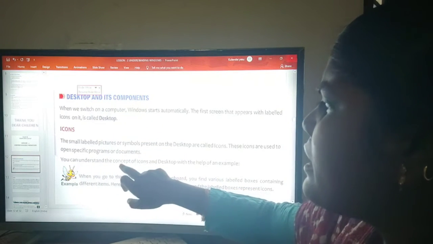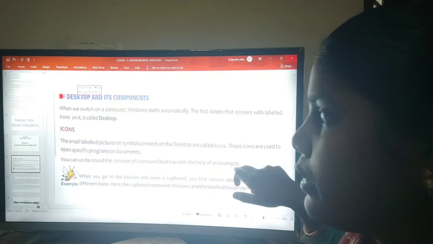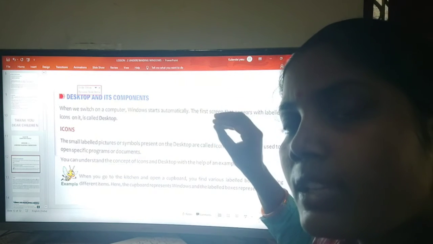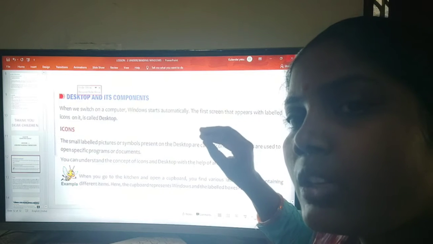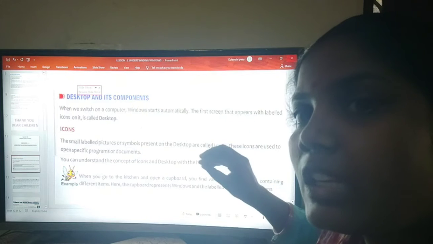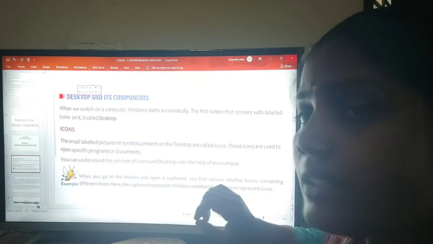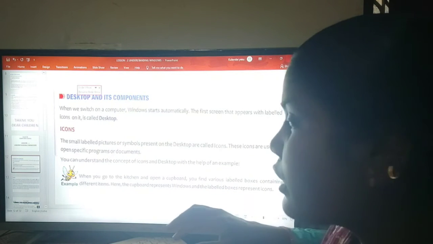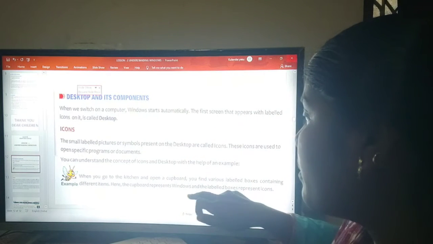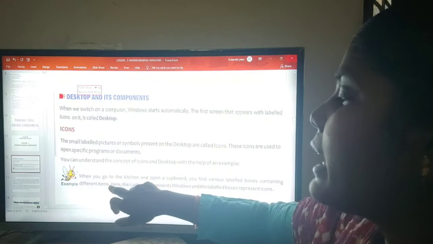You can understand the concept of icons and desktop with the help of an example. I showed you what the desktop, the Windows key and the icons are. If you do not understand, in your book we also have an example. When you go to the kitchen and open your cupboard, you find various labeled boxes containing different items.